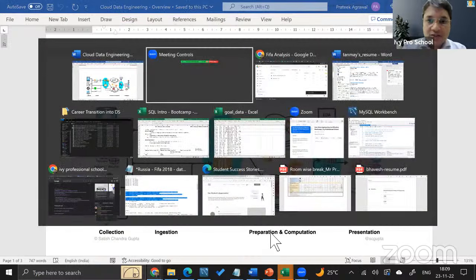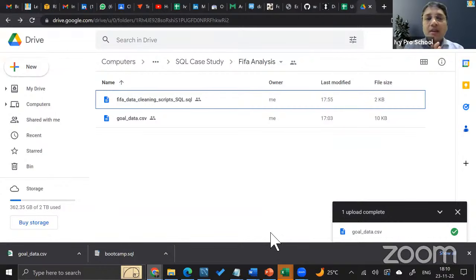Now, in today's workshop, the focus is on working with SQL and doing some of the things which we normally do as a data engineer using SQL. So what I've done is that it is FIFA time, the FIFA World Cup is going on. So I've taken the liberty of taking a rather simple data set from FIFA's official website of the different matches, not of this World Cup, but of the last World Cup, because this World Cup is still going on, so we do not have enough data. It just started. So I've taken the liberty of downloading some data from FIFA's official data site for the Russia 2018 FIFA World Cup.